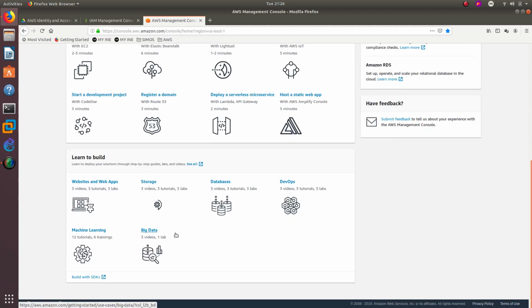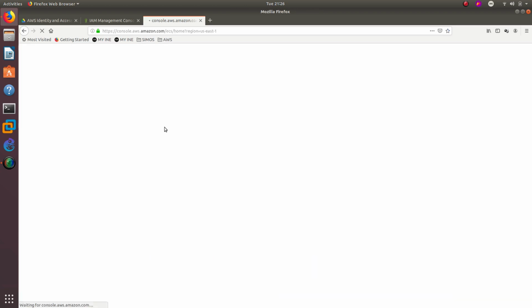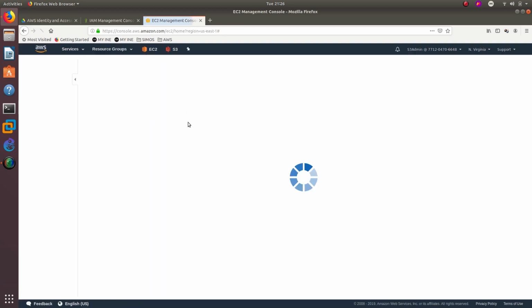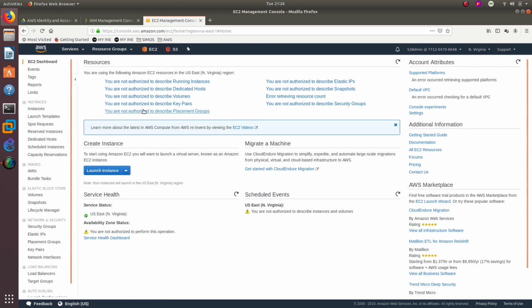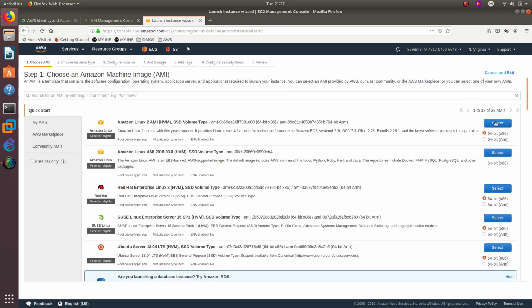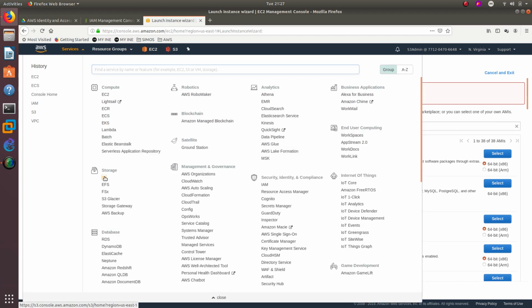As you can see, we have limited access to what we can do here. Since I only gave them access to S3, they're only going to be able to access S3. If you go to EC2, you can see that there's nothing there. They have access to launch an instance, but you can see that they don't have access to that because they only have access to S3. So if we go to services and we go to S3,